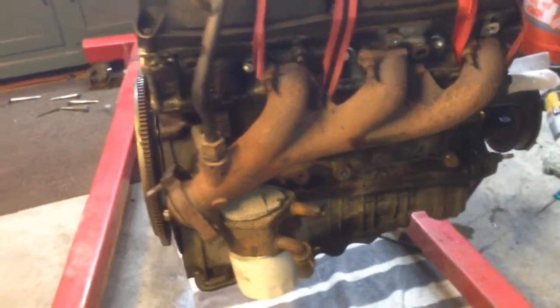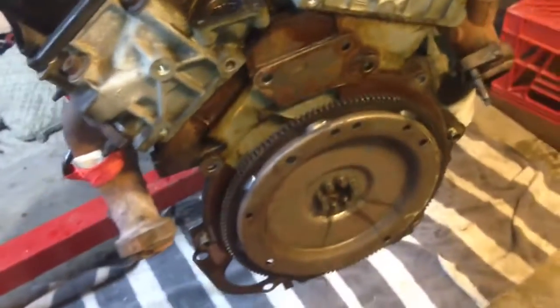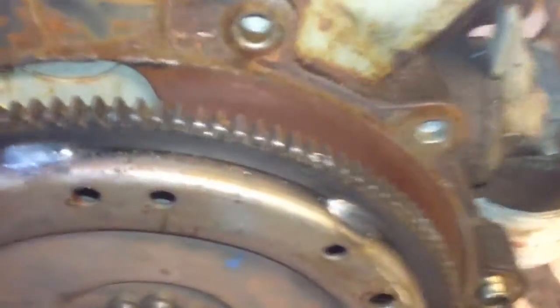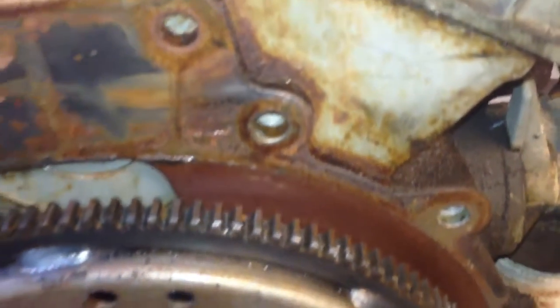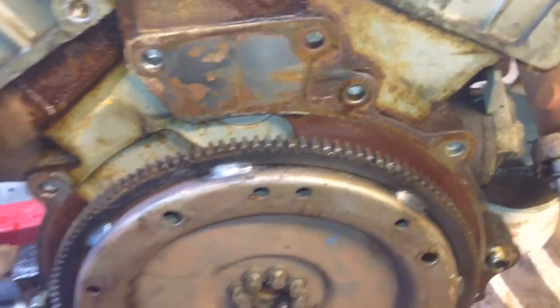Alright, here's the motor I had to pull out to explore single overhead cam motor. Here's a pain in the butt. This transmission bolt was a pain in the butt to get to. That's the one that was giving me problems. I thought I had them all out, but